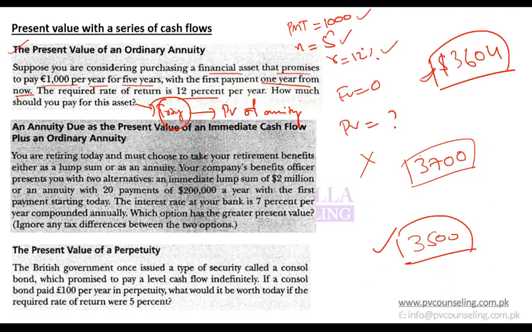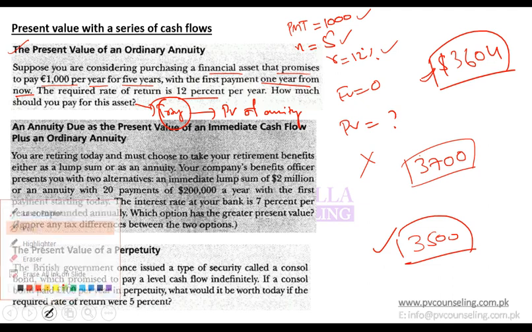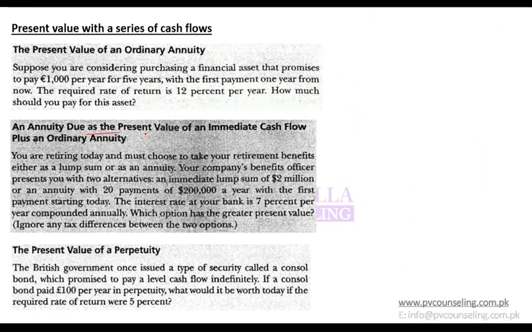Your calculator might be in begin mode. Can you show it to me? So the calculator is in begin mode because you see BGN written here. So first change it by pressing second set, and second begin, second set. And once that BGN is removed from the top, then your calculator would be in normal mode.